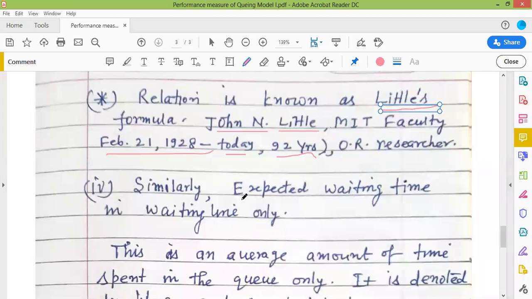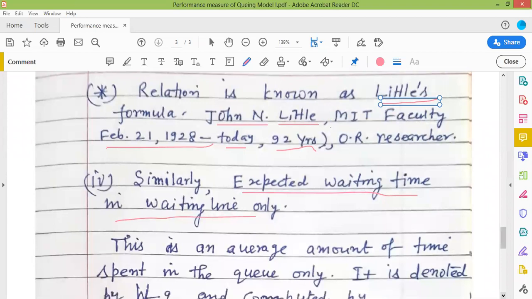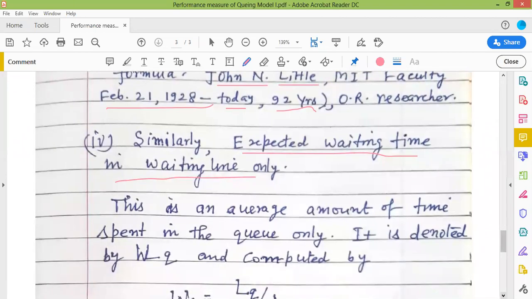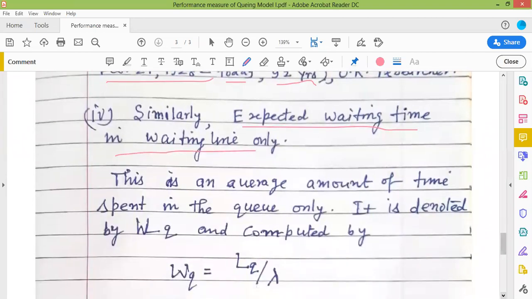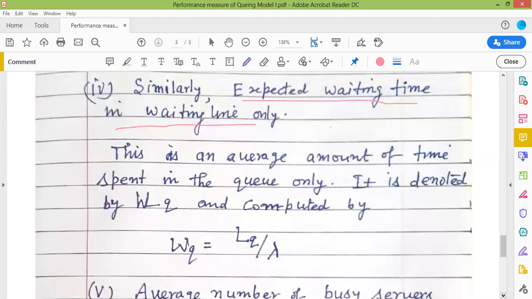Expected waiting time in the waiting line, not the system. This is again the expected, an average amount